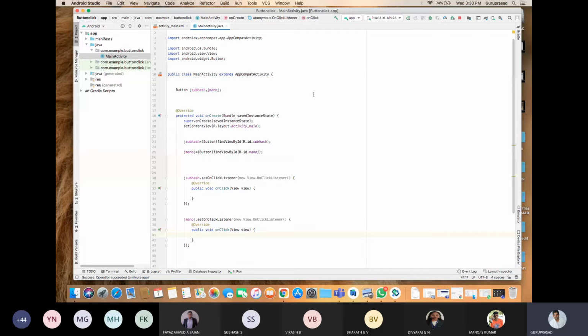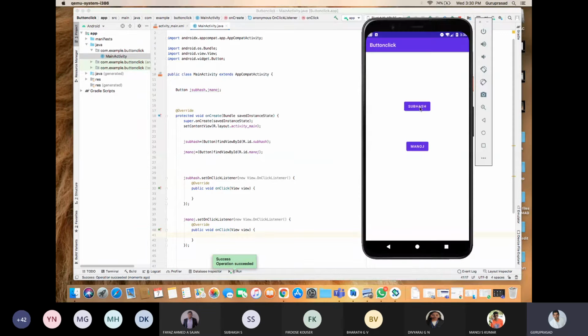Now I'll run the program. See, everything it is giving the suggestion only. I'm not typing the at override, close brace, open brace. I'm not doing anything. Whatever I am saying, I'm typing, that's all. The rest is all predefined.